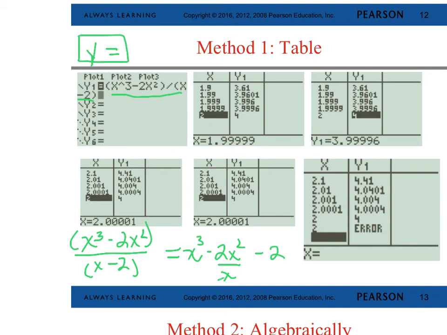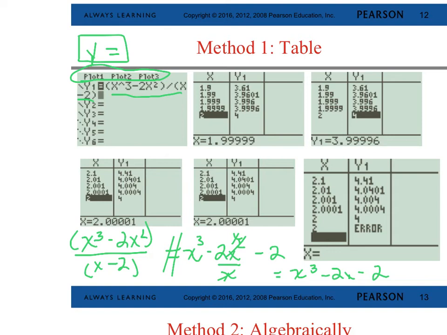And since x cancels x squared and makes it just x, what your calculator thinks that is x cubed minus 2x minus 2, which is not the same. You'll be looking at a totally incorrect function. So there's one caution. Caution number 2, and this comes from back when we were in 1630,